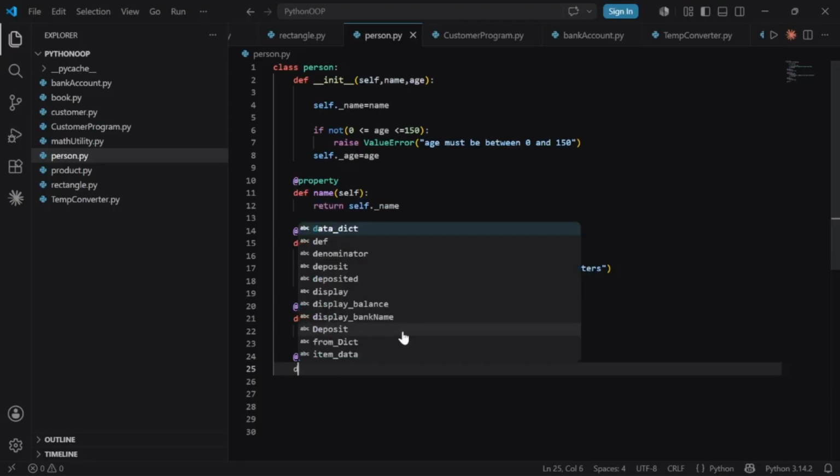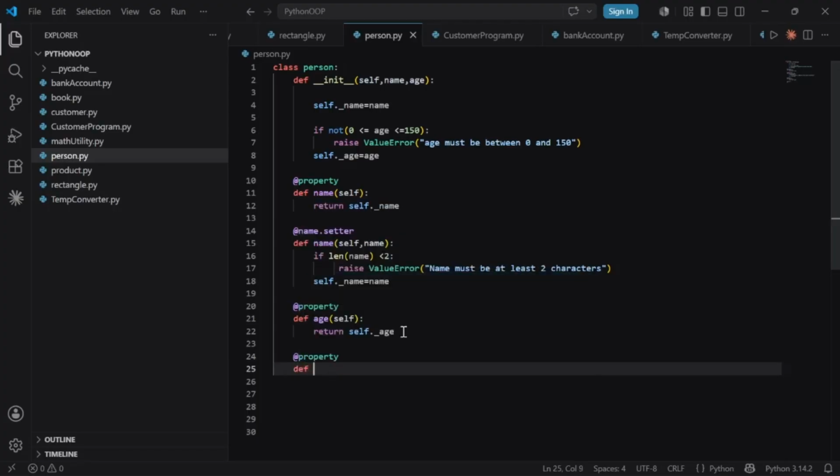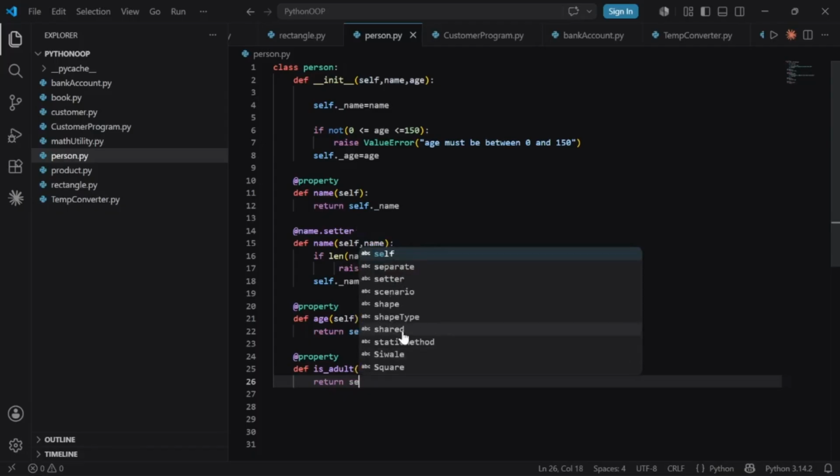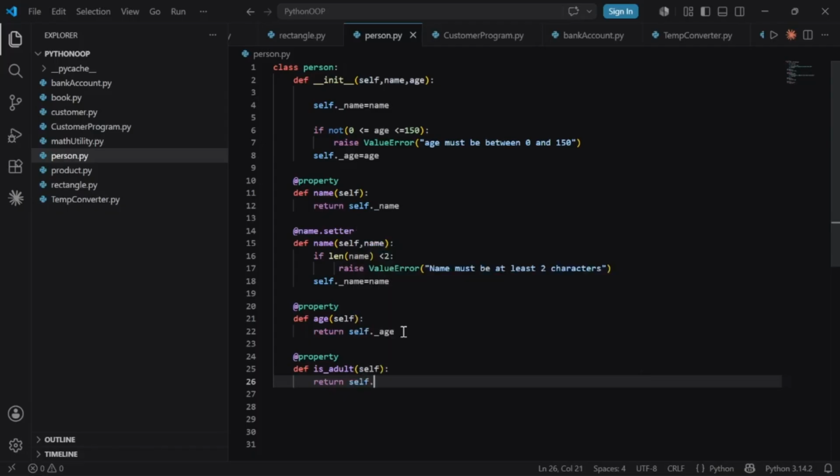So let's implement this method called is adult. Depending on the age that was received, this method will be able to tell if the person is an adult. Return self dot age, which is the private variable. If it is greater or equal to 18, then it is an adult. Perhaps here we can put